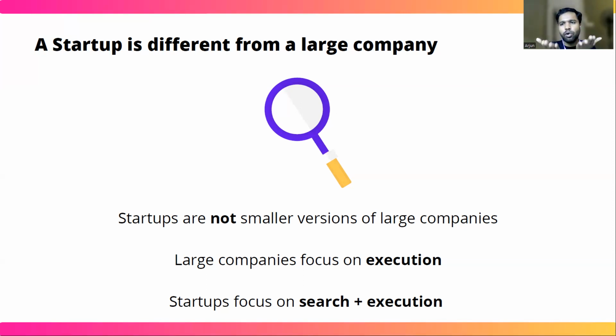So startups need to do both things hand in hand. It's not that you just search but you don't execute, and it's not that you execute but you don't search. You need to do both of these things hand in hand. You also need to search for a repeatable and scalable business model. Once you find something, you need to do some experiments, validate it, and start executing it. Once you execute it, if you find some problems with it, then you need to understand what went wrong, search for some other new business model, and then execute it. So you need to go through this iteration a few times, and then you stabilize.